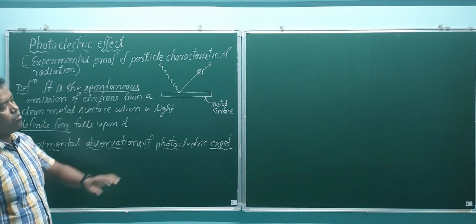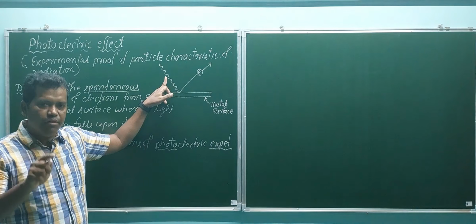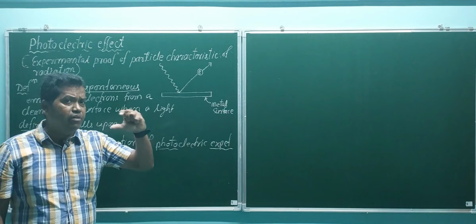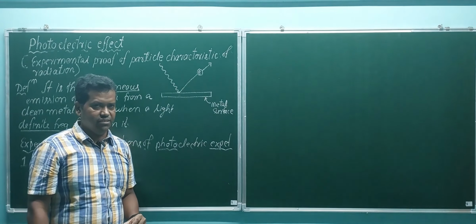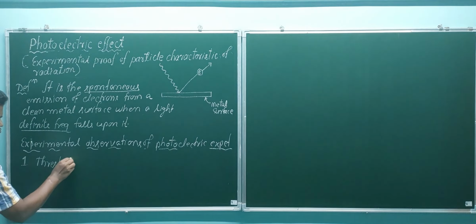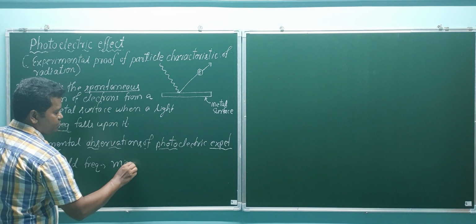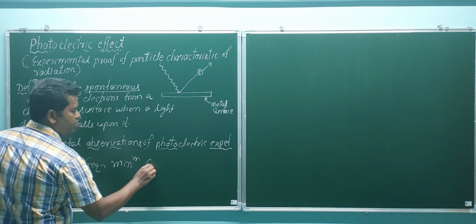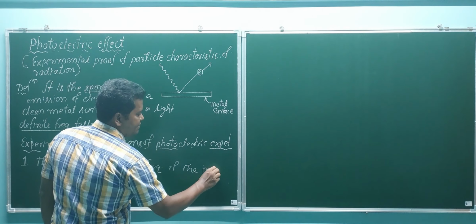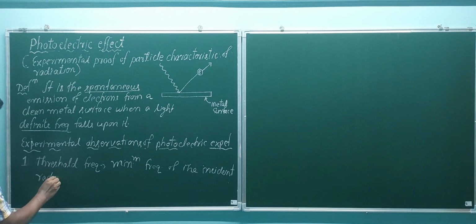Number one observation: for a given photosensitive surface, the incident radiation should have a minimum frequency below which there is no emission of electrons. That minimum frequency is called the threshold frequency. That is, the minimum frequency of the incident radiation